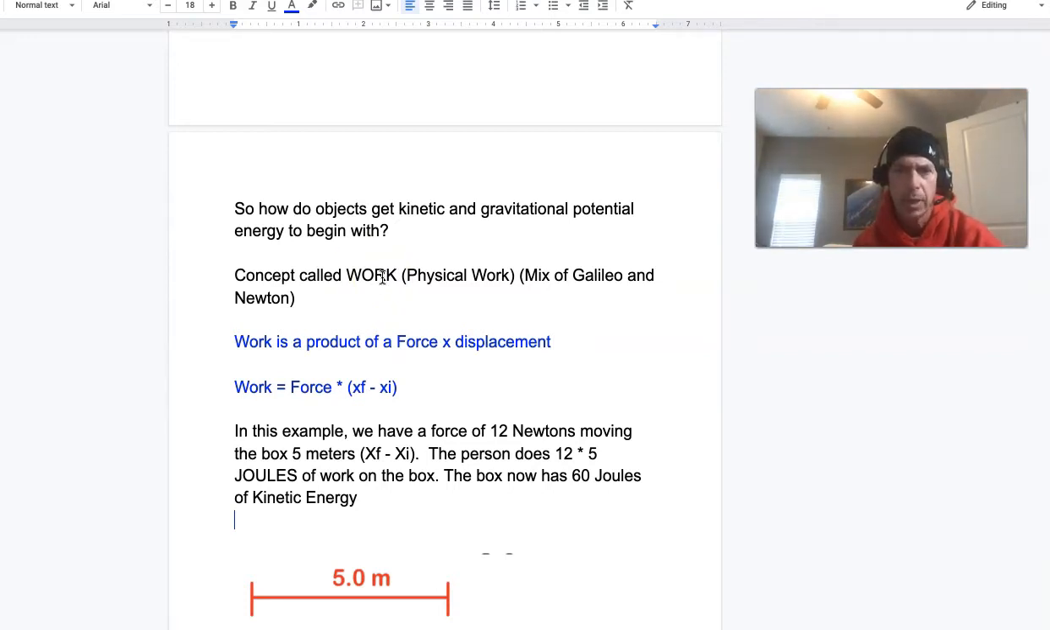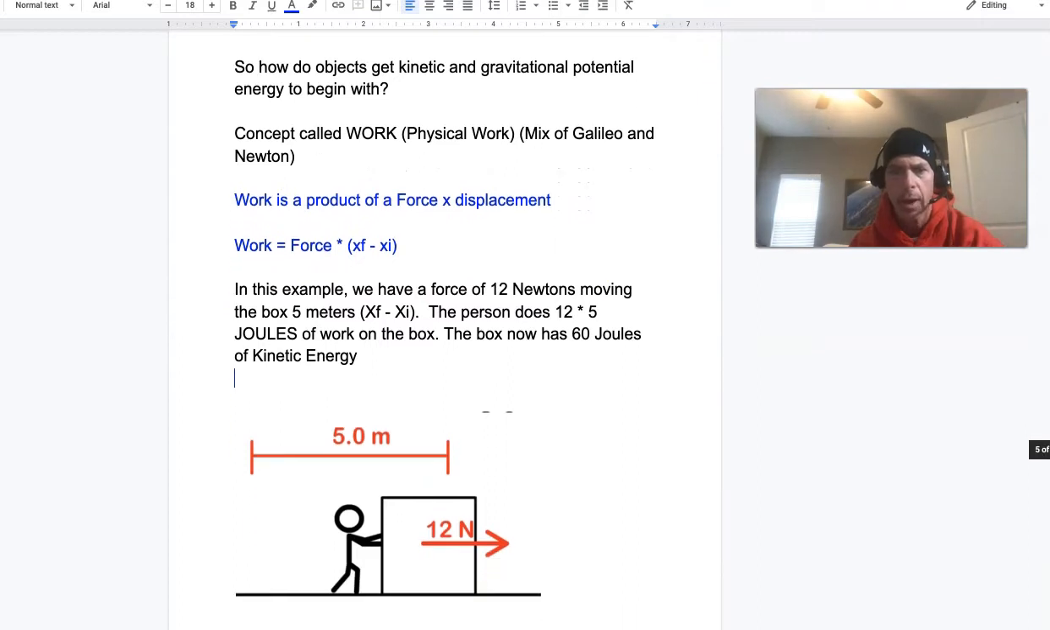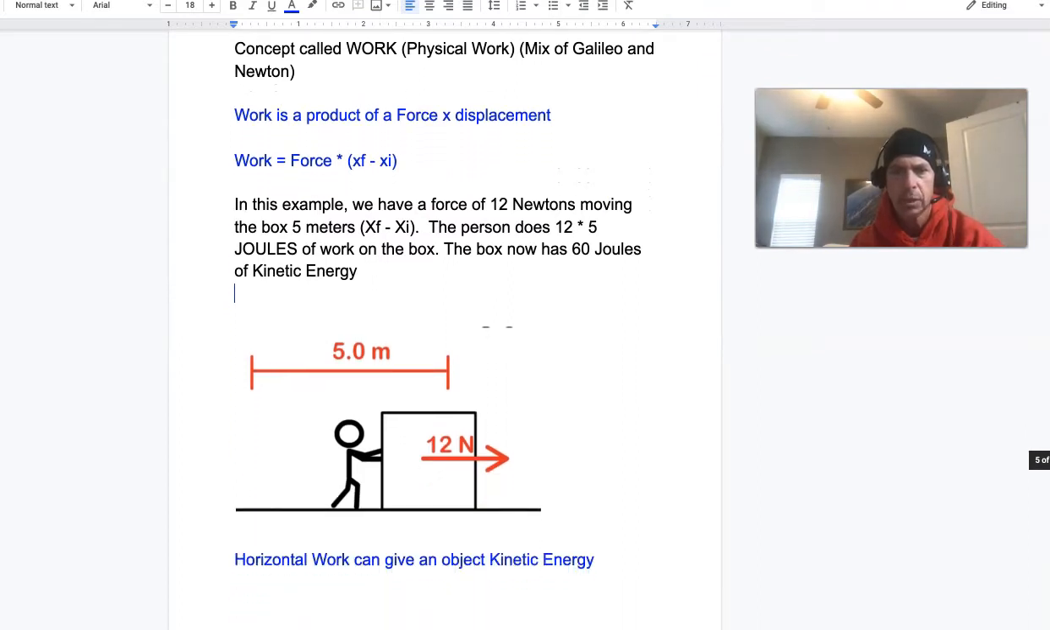That's my job. That's work. Well, in physics, work is the product of force and displacement, or how far something is pushed or pulled. When we multiply these two things, we get this concept called work. Now, we can do work on an object,